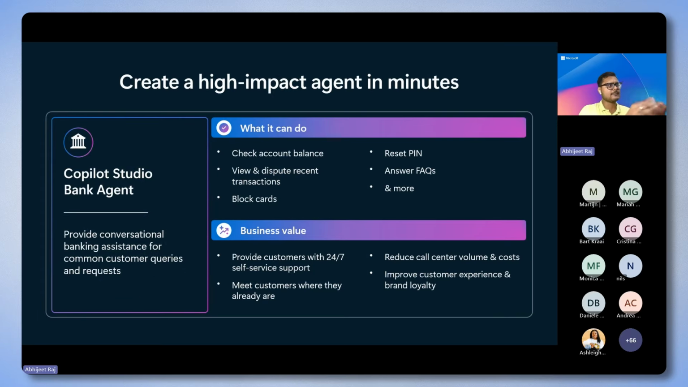As a part of this demo, we are going to take a look at an example of an AI agent which we have built using Copilot Studio and deployed on WhatsApp in action. For this demo, we have set up a banking agent that handles account balances, transaction inquiries, can block your cards, and do more. It also offers customers 24/7 self-service support through WhatsApp, making it super easy to resolve common requests